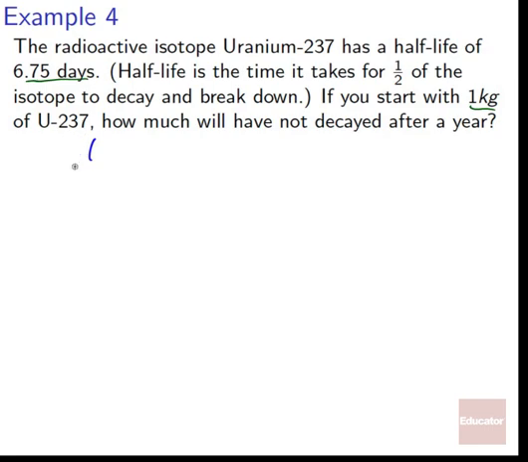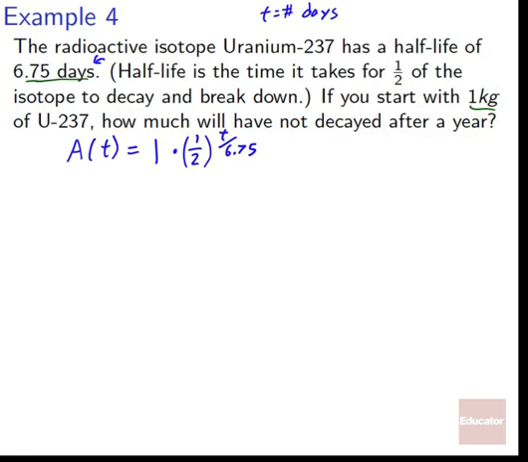The amount of our isotope that is not decayed based on time is equal to, how much did we start with? We started with 1 kilogram times what happens every cycle? 1/2. We half it every time we hit a cycle. So how fast is a cycle? Number of days, we'll make t into the number of days, because we see that we're dealing with days here. So t divided by